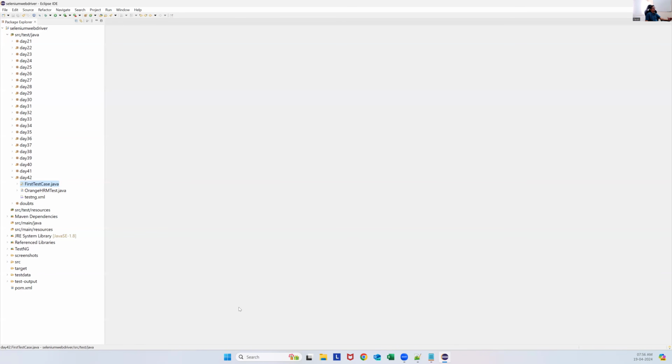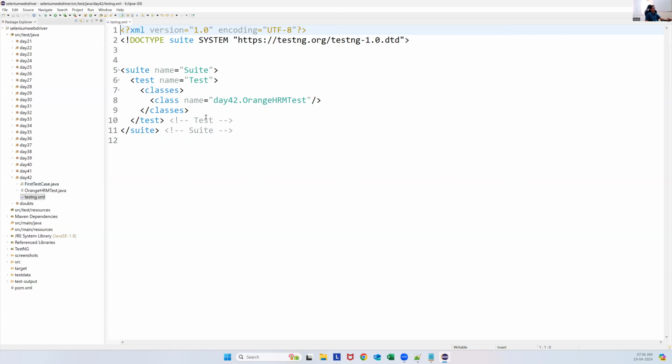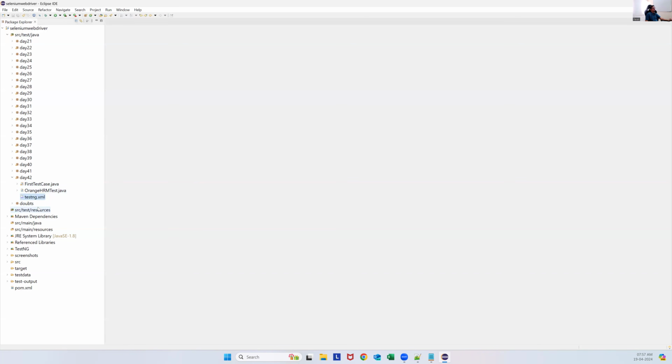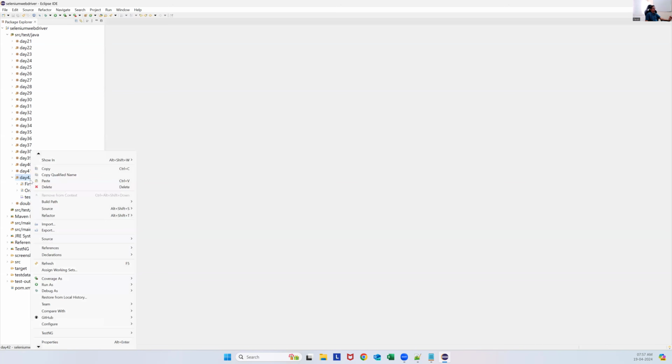Now, if you want to create our own XML file, how can we create it? Also, in an XML file, I can run multiple test cases. Here I mentioned only one test. I can add more tests. So how can we do that? Let me show you. To create your own XML file is very simple. Where you want to create it, in package day 42, I just right click on it. Here, go to new,